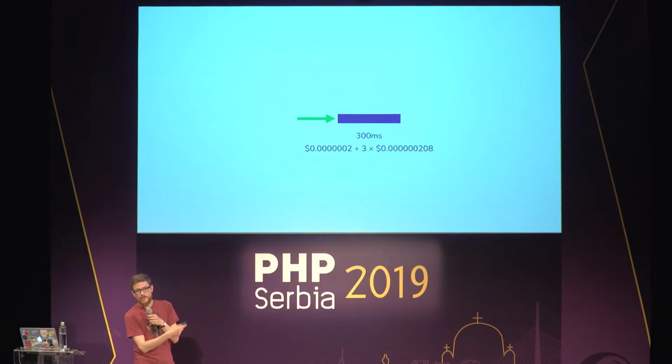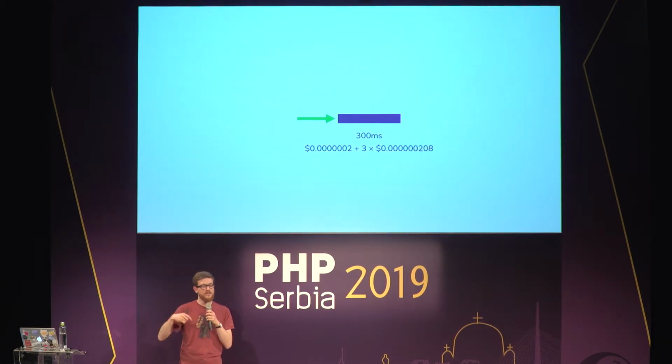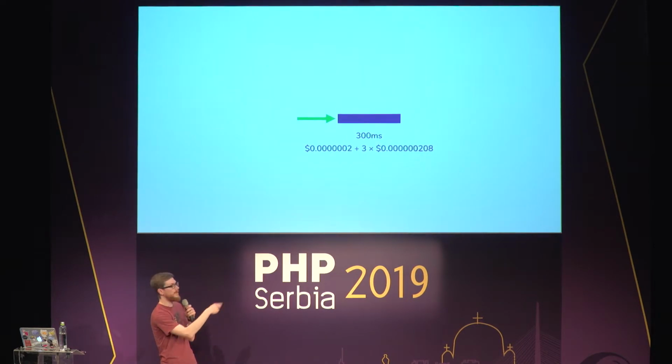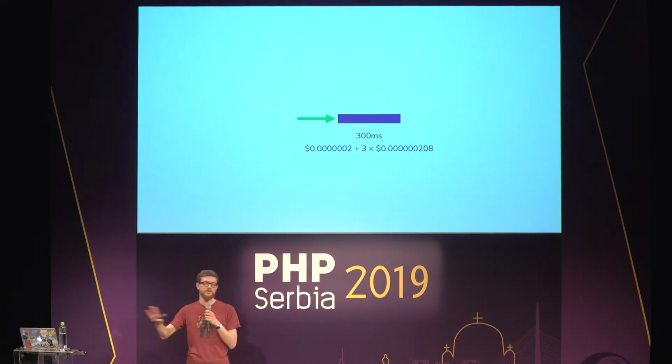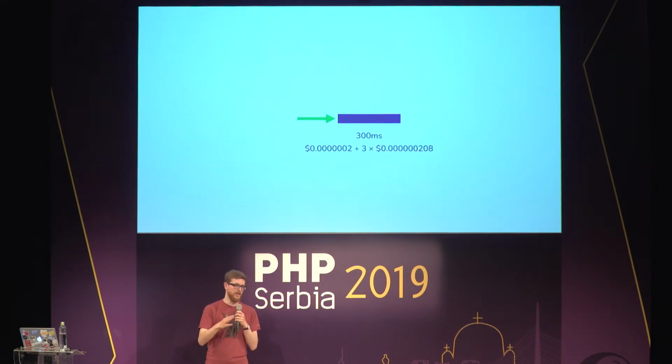So for one request, obviously, it's not much. Just to give you an idea, let's say your code is really fast, like 100 milliseconds per request, okay? And it's running for one whole month at 100 requests per second. So 100 requests per second on your application for one whole month continuously. You would pay for that around $20. That's just to give you an idea. So that's getting interesting here.